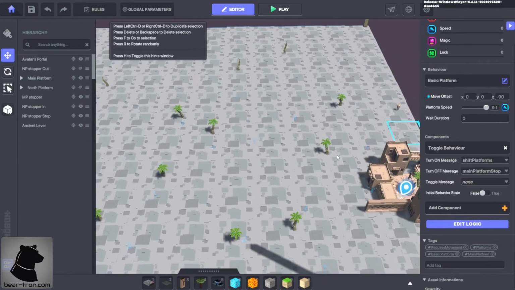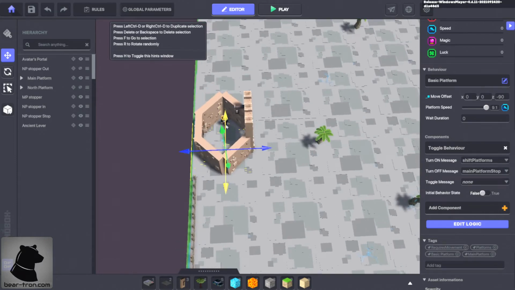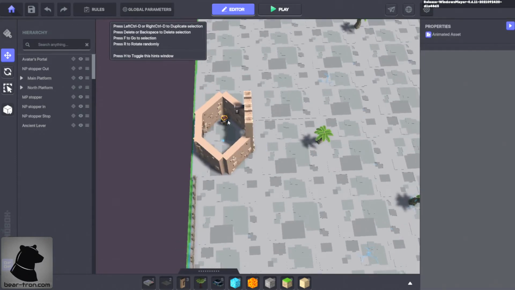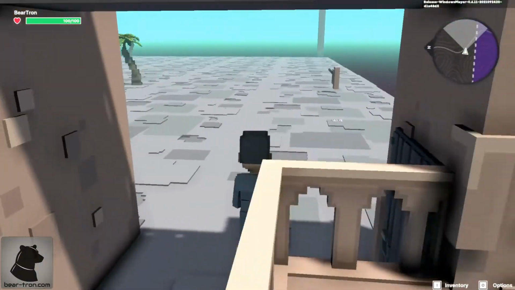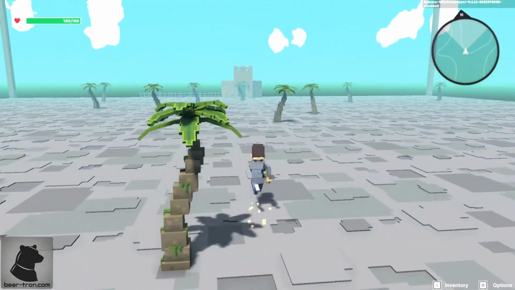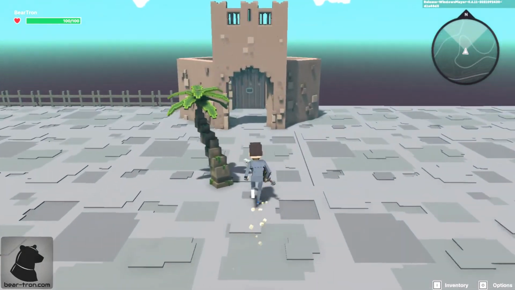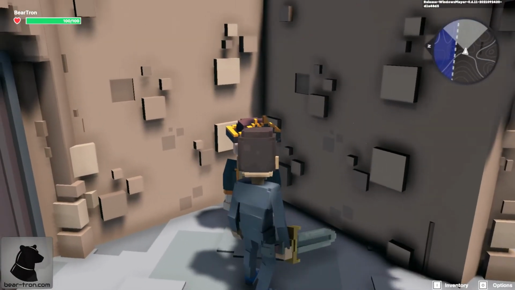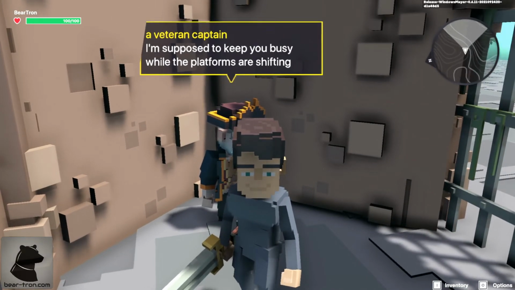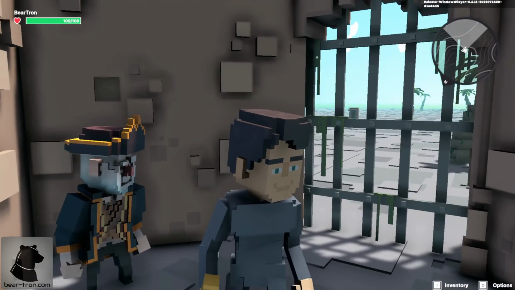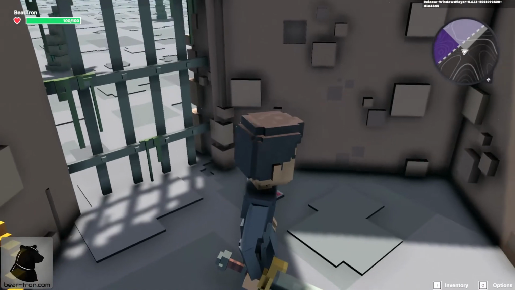Whenever the player triggers the action by talking to this character, and actually let's do that. The main platform is shifting back. The tricky part. Oh, what's going on? Oh yeah, I've turned off the visibility, but it's fine. So again, once I talk to this guy, if you look at the map on the top right corner, you can see it shifting,